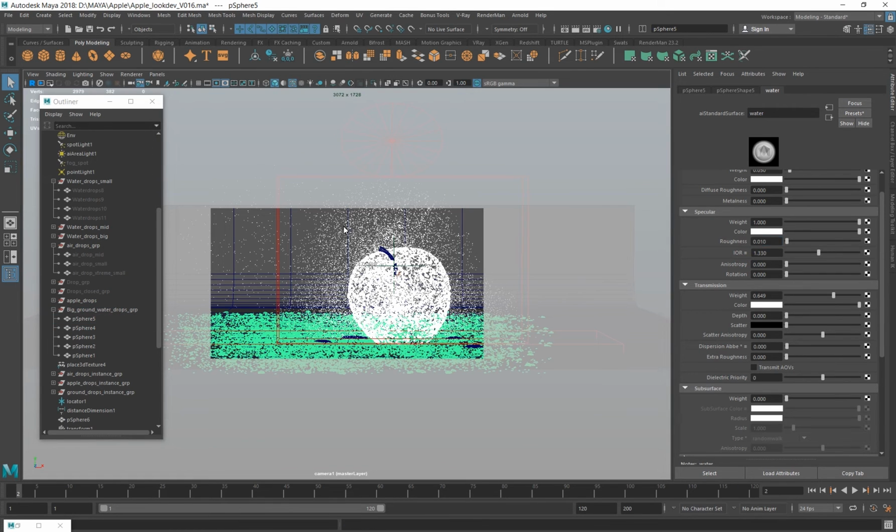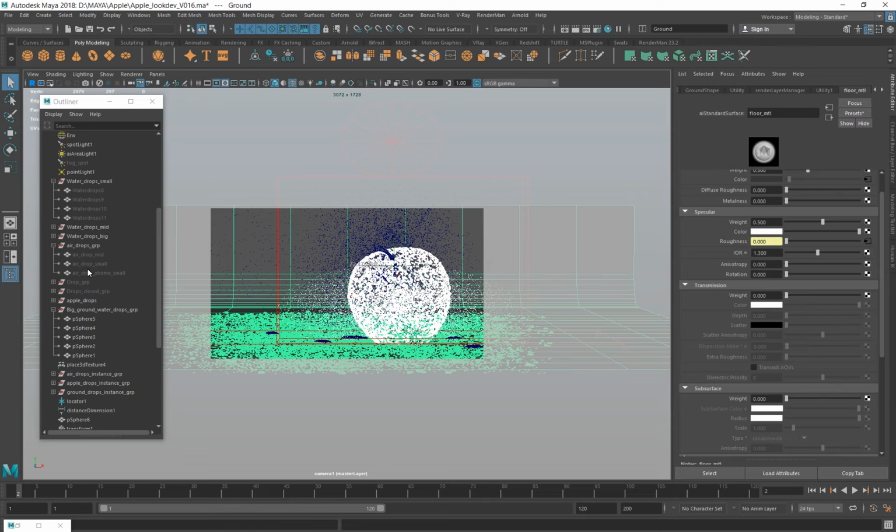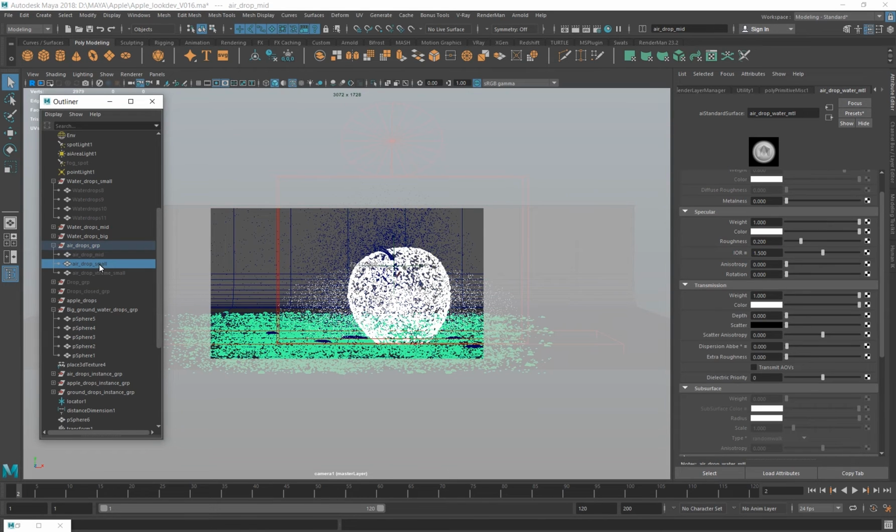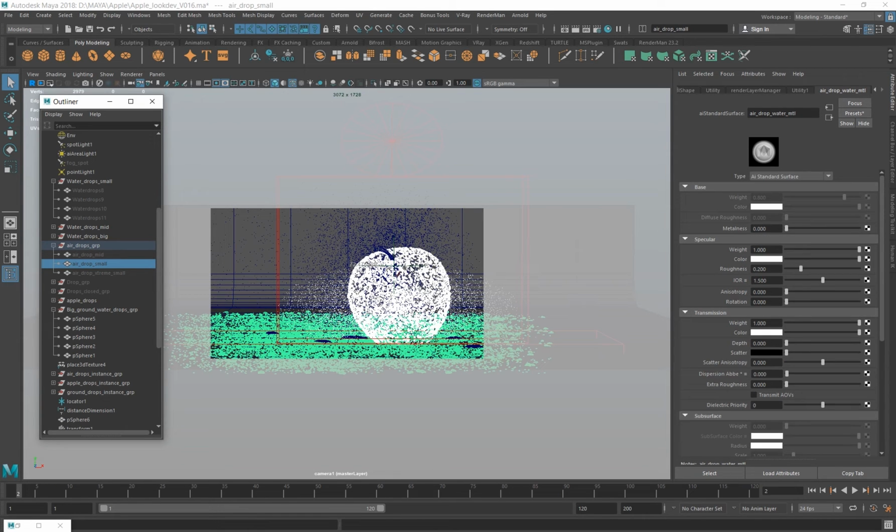And on the air drops, if you see the air drops mesh, it's another shader. All 3 of them are AI standard surface. I haven't used any other shaders for this. So back to the air drop. On this, I've put the transmission to 1, so it's a fully transparent shader.